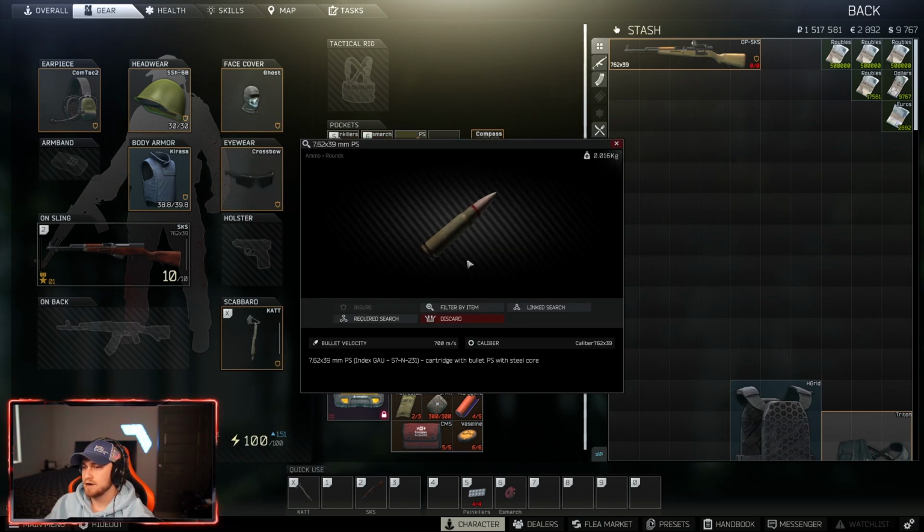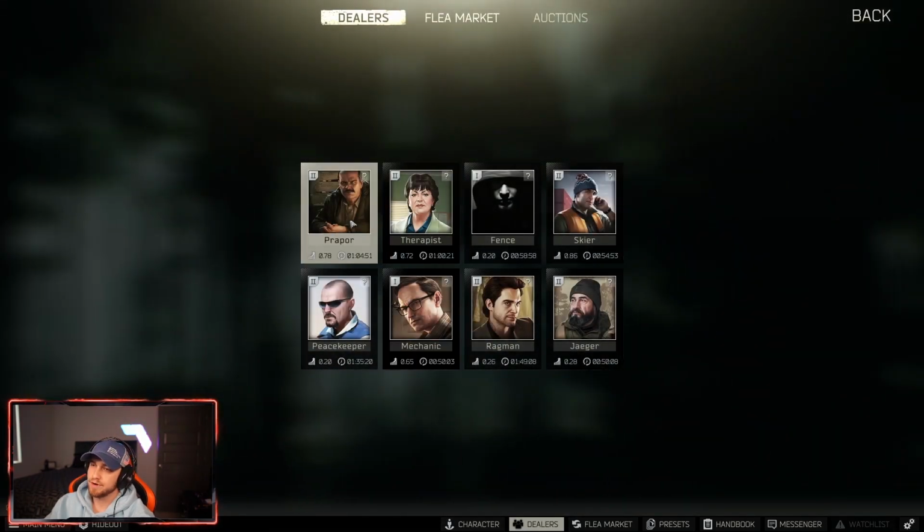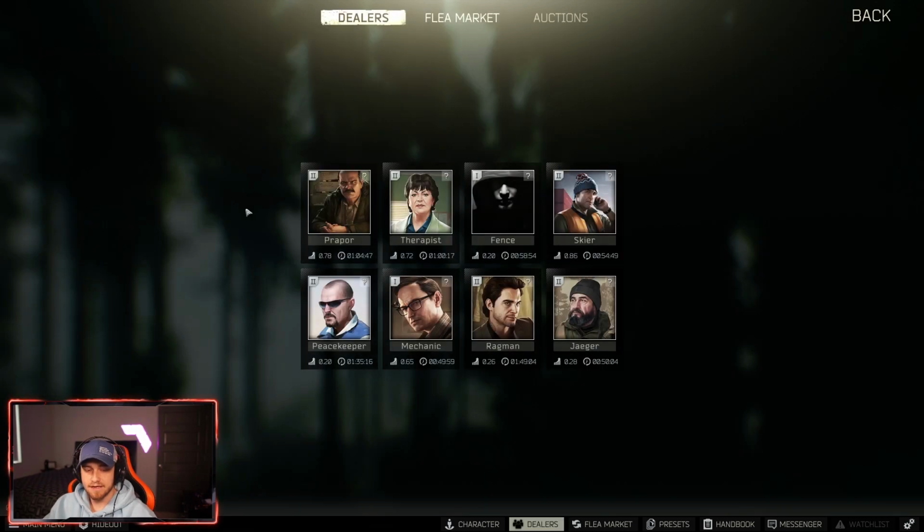This is a great ammo to use if you're on a budget, as it's available from Prapor level 1 for 91 rubles. And this armor, let me pull up the Battle Buddy app really quick. Veritas made this. If you don't have it installed, I would highly recommend it. It helps so much. So PS has 32 pen and 57 damage, which means it's gonna most likely go through